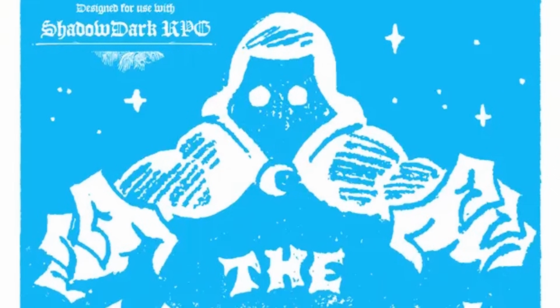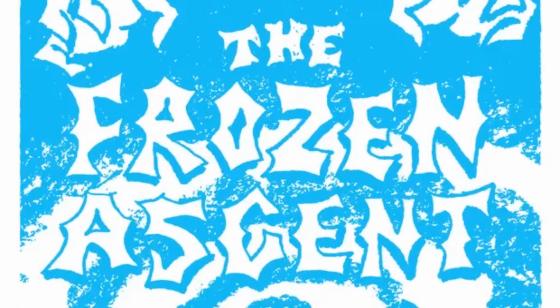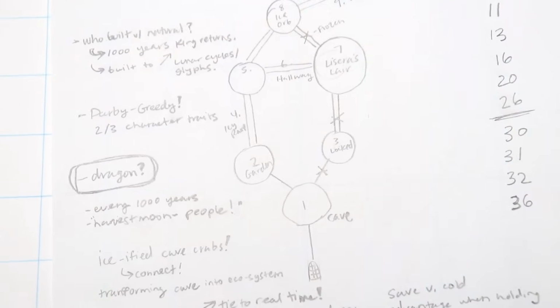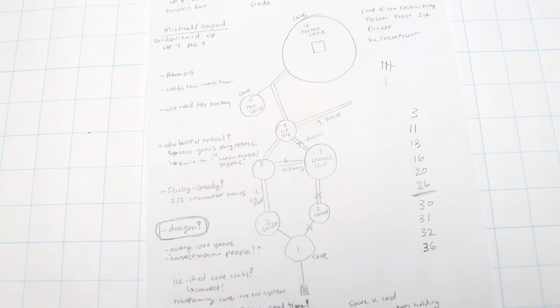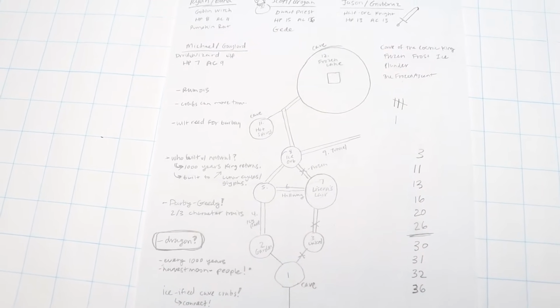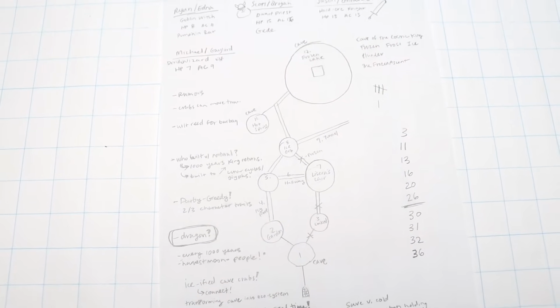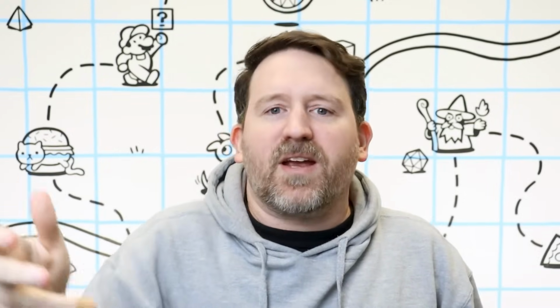It's called The Frozen Ascent, and I'm really stoked on how the playtest went. Here's all the notes I made from the session, and you can see that I drew a really rough layout of this dungeon. We didn't use a map in the game, just theater of the mind, but at the end of the playtest, I thought I really wish I had made a map that the players could